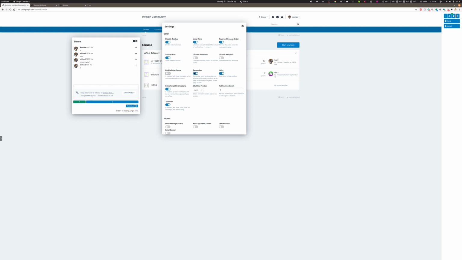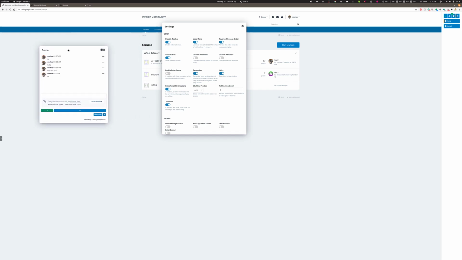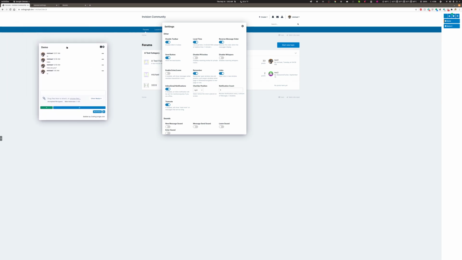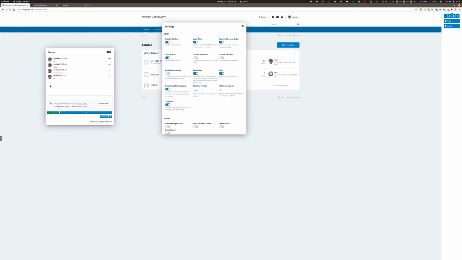Remember is a new setting too. It's pretty straightforward. It is what remembers the open state, the position, and the size of the window. So if you have this disabled and you went to a new page, then